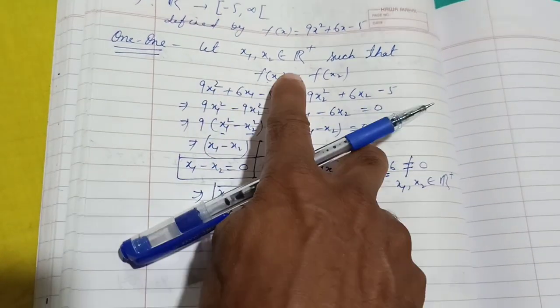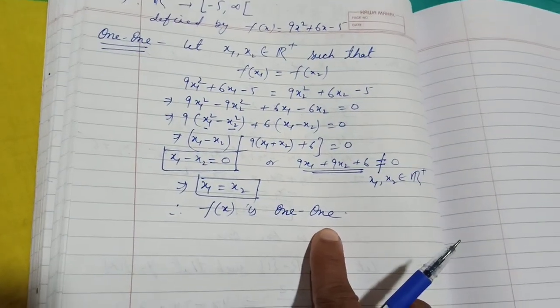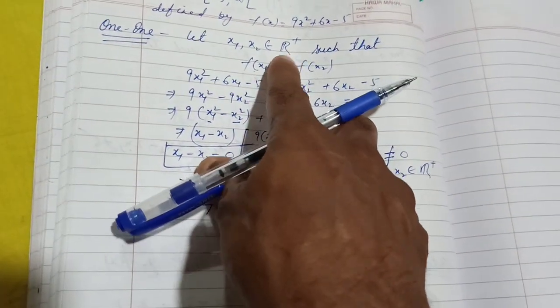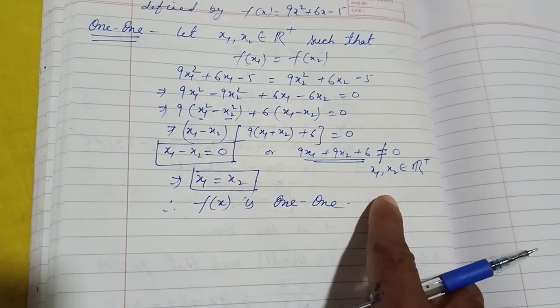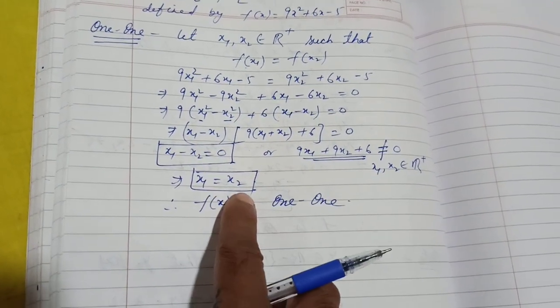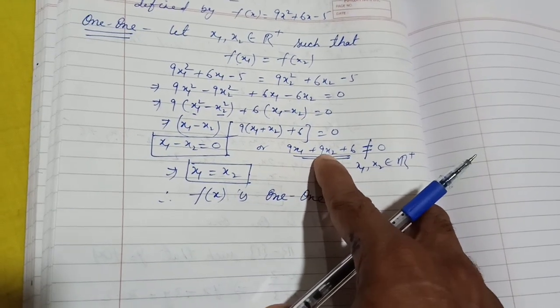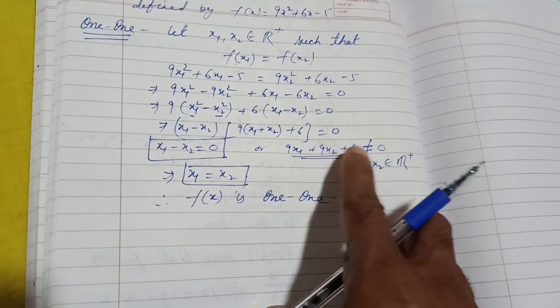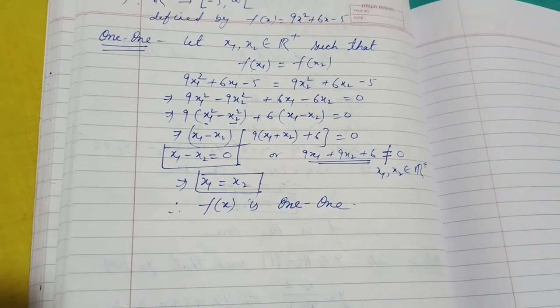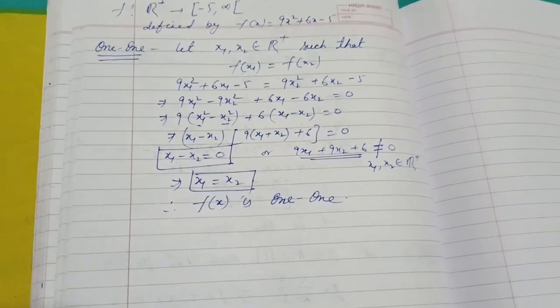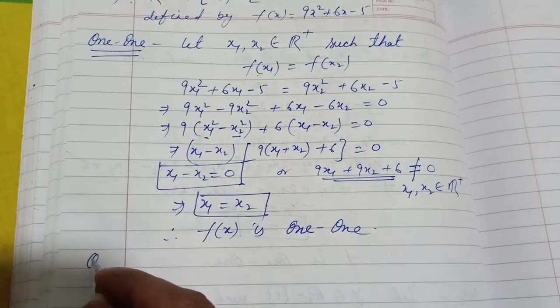See what we have taken. If this were the real numbers, then it is not 1-1. Why? Here it gives x1 is equal to x2, and this also gives x1 is equal to minus x2 minus 2, which is not possible. Okay, understand now? Now take the onto function.